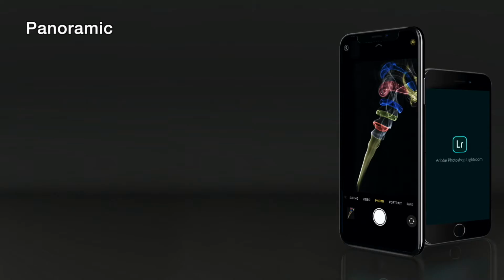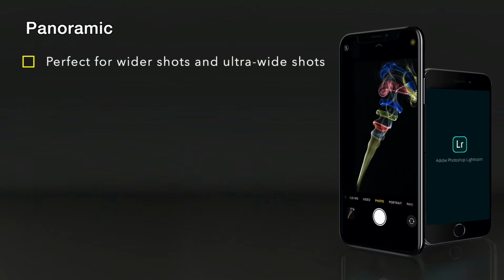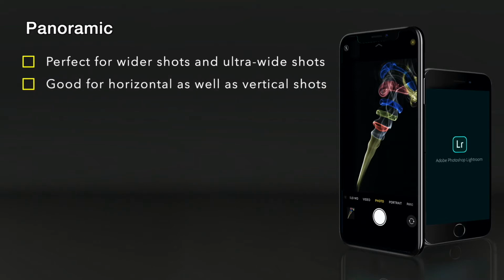Panoramics, or Panos. On the App Store there are a few panoramic apps available, but the native in-camera app does a pretty good job of taking panoramas. These are perfect for getting wider shots and ultra-wide panoramic views. You can do both horizontal as well as vertical shots. They can be used just for small wide bursts, so you can just get a wider shot than your normal